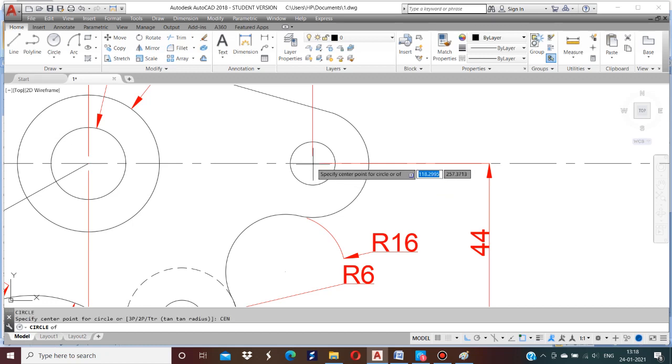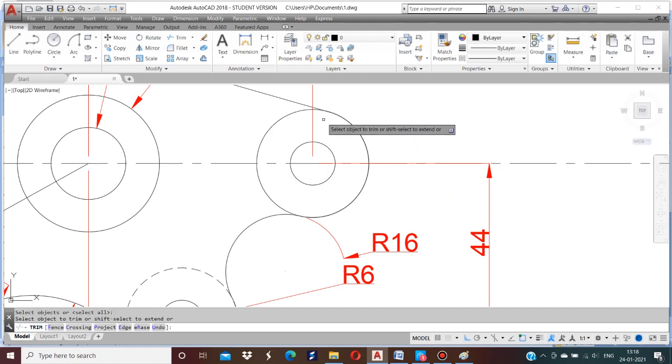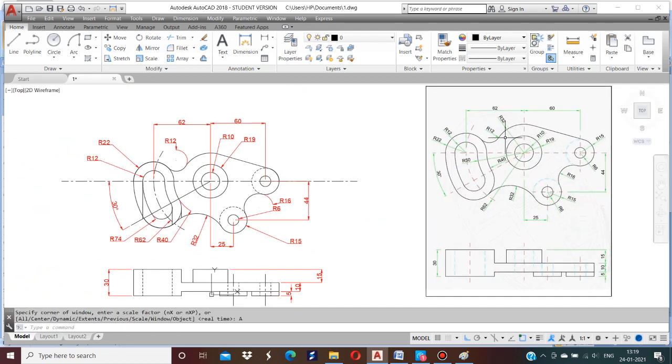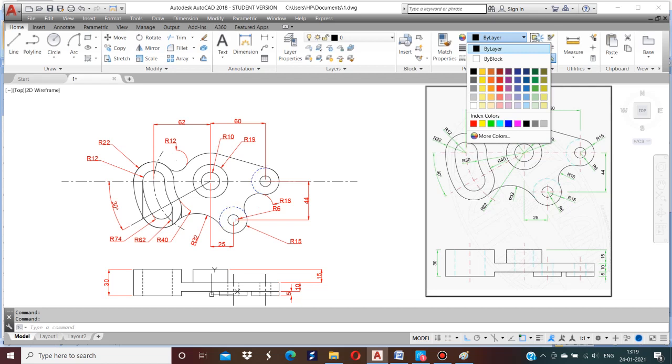Now select the circle, by layer hidden options, enter all. Here I change this color by layer to blue color.